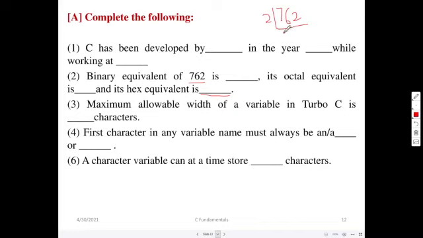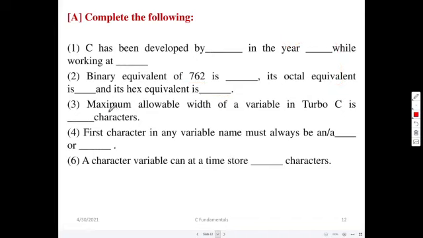So we will be getting 381, and the remainder is 0. Likewise we have to do it, and we have to take all the remainders in this sequence, and that should be the answer here. For getting octal equivalent, we have to divide it by 8, and we have to take in this order. Hexadecimal means we have to divide it by 16. I know all these things, you know.